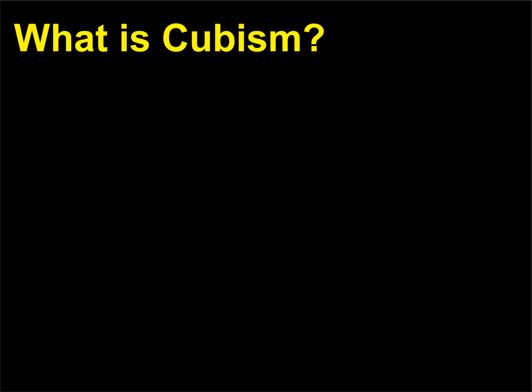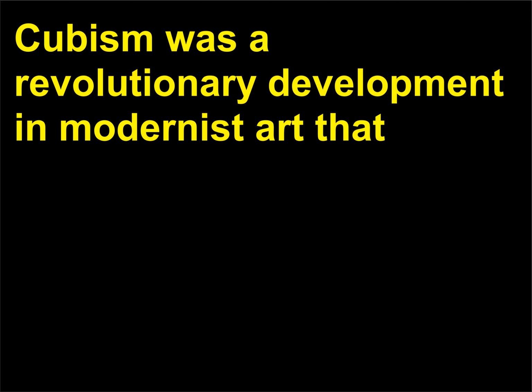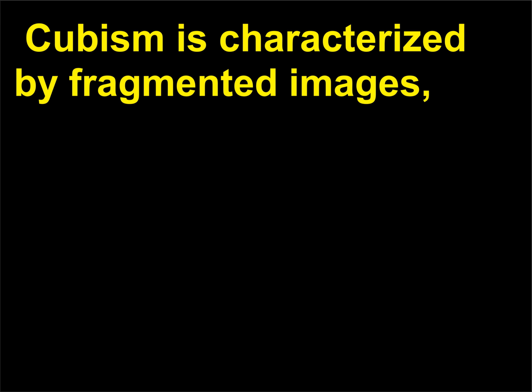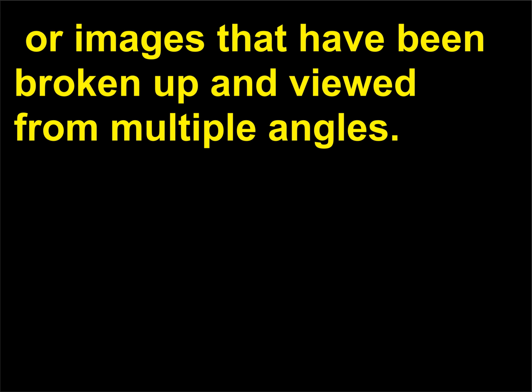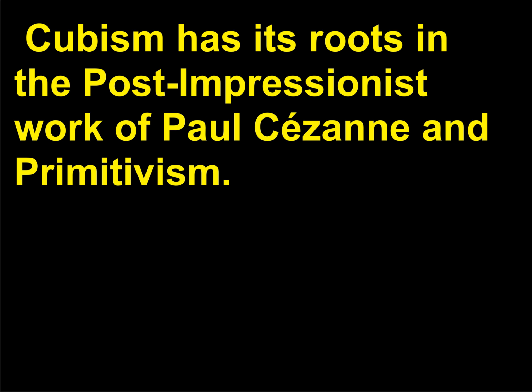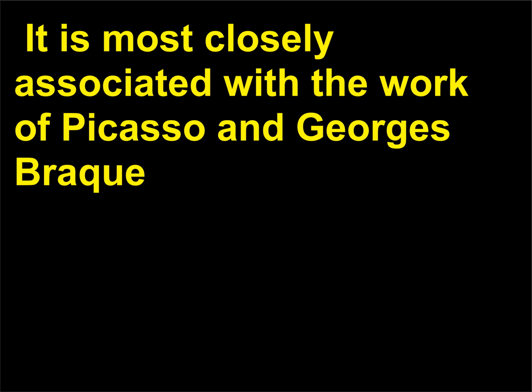What is Cubism? Cubism was a revolutionary development in modernist art that began in the early 20th century and lasted for decades. Cubism is characterized by fragmented images, or images that have been broken up and viewed from multiple angles. Cubism has its roots in the post-impressionist work of Paul Cézanne and primitivism. It is most closely associated with the work of Picasso and Georges Braque,